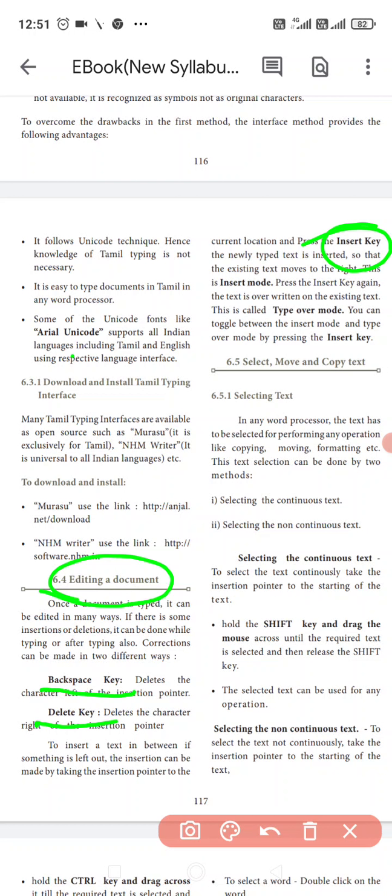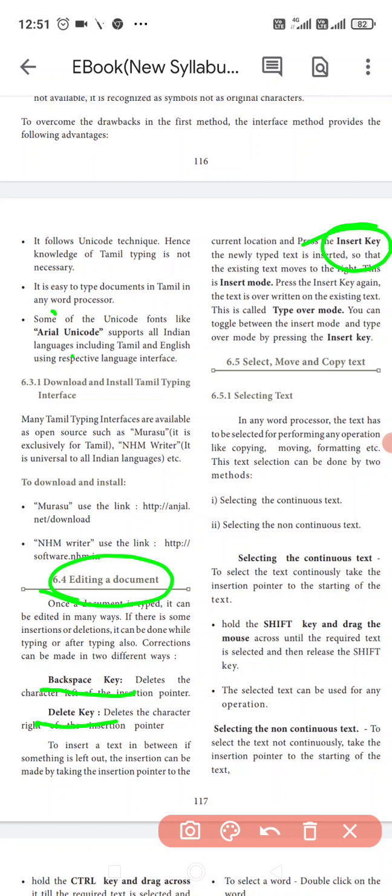If you deactivate insert mode, that is the type over mode. Type over mode means overwrite: the right side characters or letters disappear. That is called insert mode and type over mode.